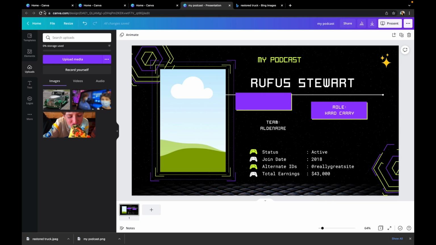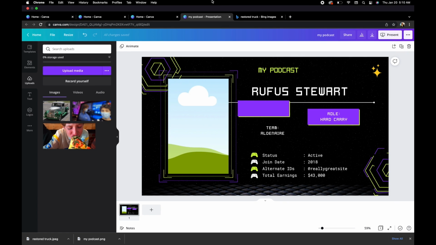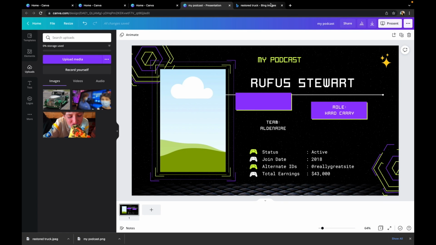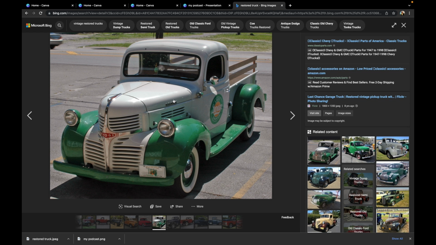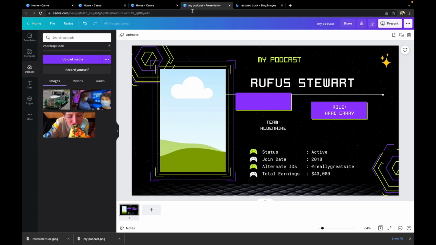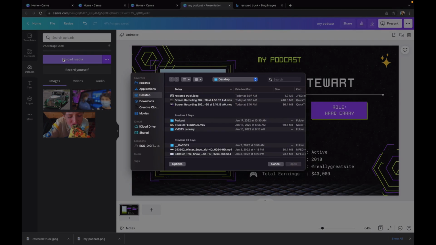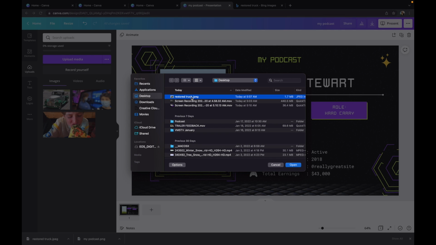Let's say that, and this is a really cool feature, you're doing a podcast on a guy that restores old trucks, and you want to bring the truck in. So you go to Bing, you find a picture like that, you save that picture to your desktop, you go back to Canva, and you want to import that. I've already done that, but let's see if it'll let me do it again. I'm going to bring in my restored truck,